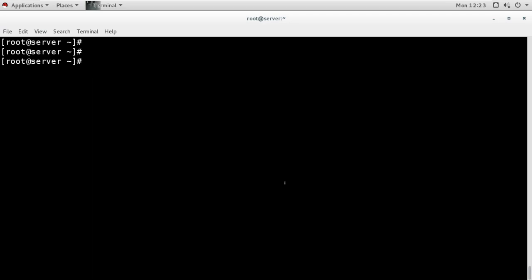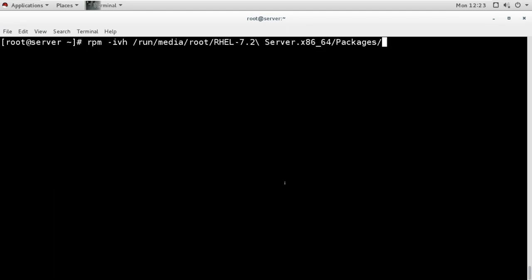So I will run the command rpm -ivh for installing it, and it is available in run media, in this location. You can see I'm giving the whole path, and then I'm giving the name.